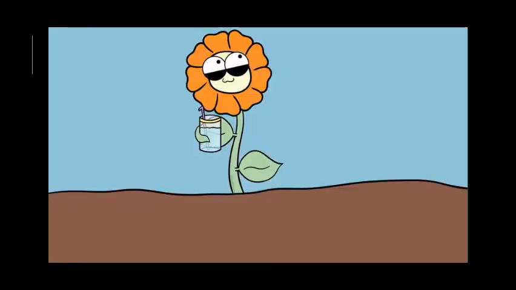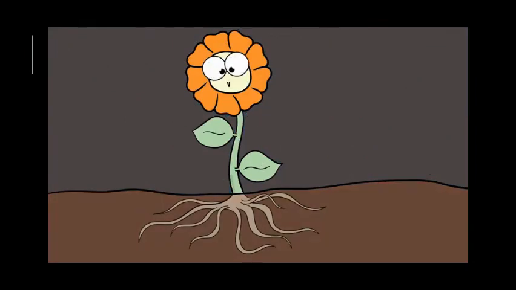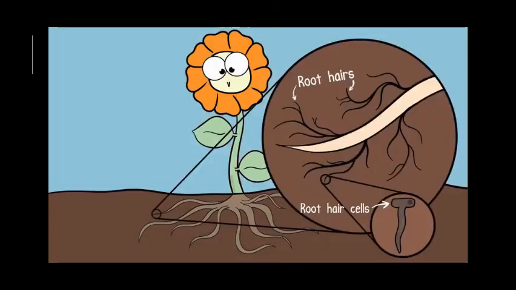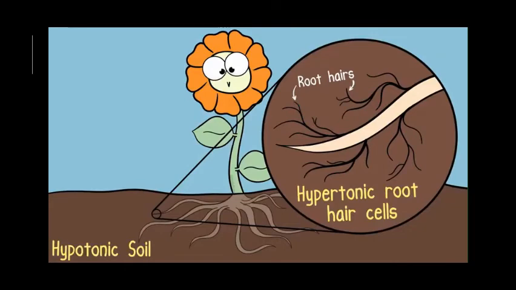Osmosis explains how many kinds of plants get their water. Sure, many plants have roots, but how does the water get into the roots? When it rains, the soil becomes saturated with water. The root hair cells generally have a higher concentration of solutes within them than the solute concentration in the saturated soil. The water travels into the root hair cells as the root hair cells are hypertonic compared to the hypotonic